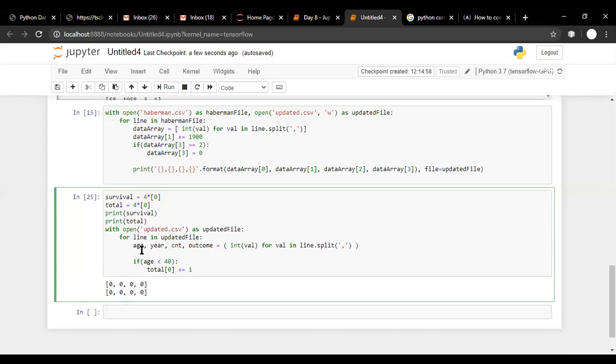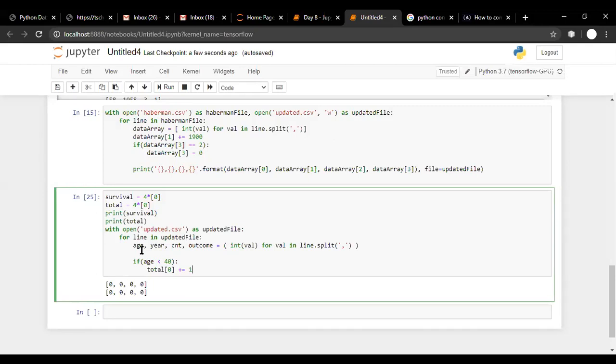Here we will be using the 0th location of a list to store the information of patients whose age is below 40.